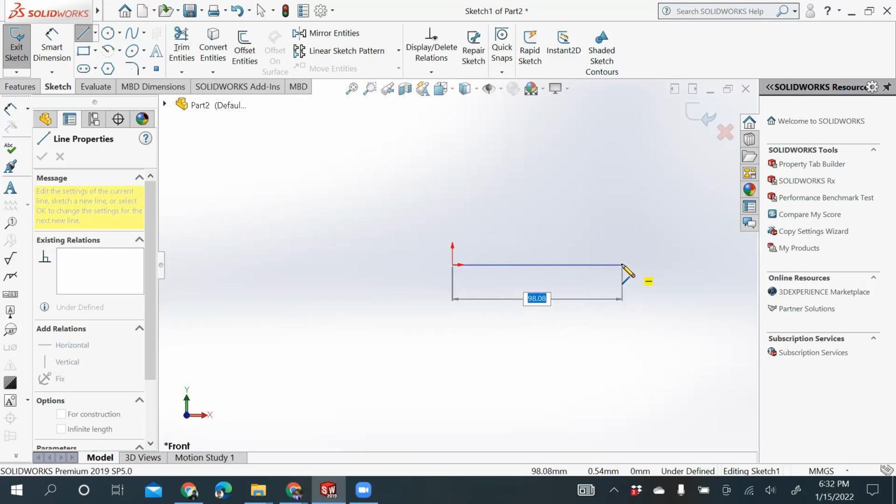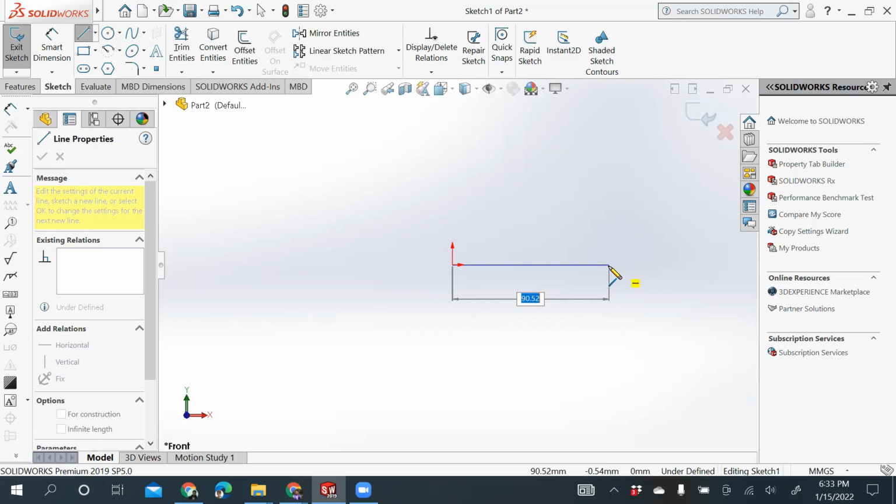So to take it again to that relationship, I am putting that line here. Now this is my horizontal line, and I'm sure this is my horizontal line because I'm getting to see this particular relation here in this yellow box. Also, this pencil icon which you can see here is having a slanted line at its bottom. This line shows that you are using the line tool within this sketch module currently. Changing the sketch tool will change the icon which is showing on this left hand corner of your pencil.